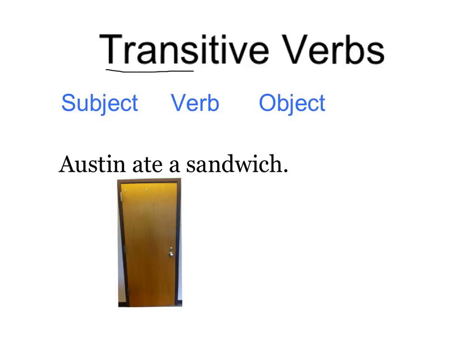It might help you to think of it with a visual. Think of your verb as a door, and on one side you've got to have a subject or a noun type thing, and on the other side of the door you need to have the object, which is a noun or something that's being referred to. So really the divider is the door, which is the verb. Transitive verbs go through the door, across the door, beyond the door, but there needs to be something on both sides.